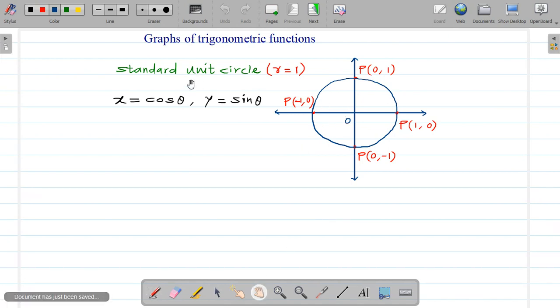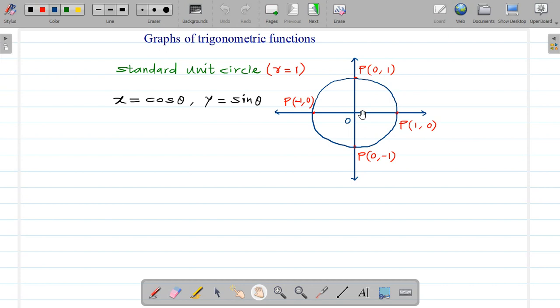So see here, this is the standard unit circle, that means radius is equal to 1, and depending on the position of point P anywhere on the circumference of a circle, we know that x coordinate of point P means value of cos ratio for that particular angle, and y coordinate means value of sine ratio for that particular angle. So let us see here some standard positions. If you have point P here, then 1 comma 0 means for 0 degree the value of cos 0 is 1, value of sine 0 is 0.